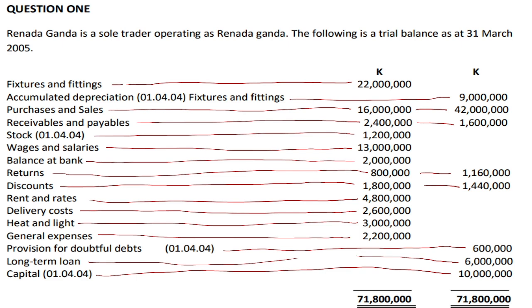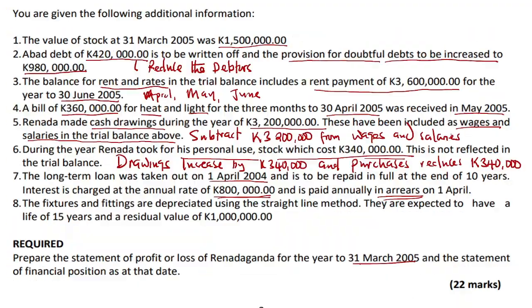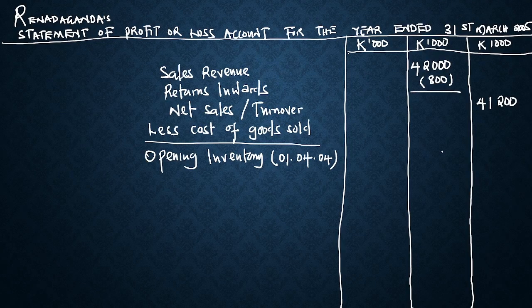This one here, 1,200. Then also our purchases, we have the 16 million there, not so? So whatever I'm going to write under cost of sales is supposed to come in the middle,